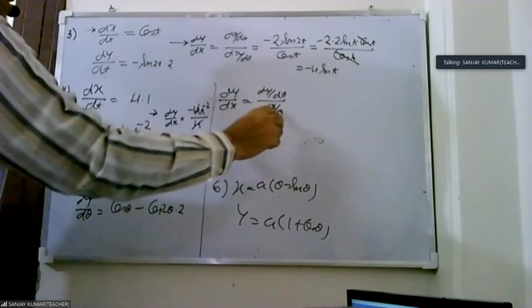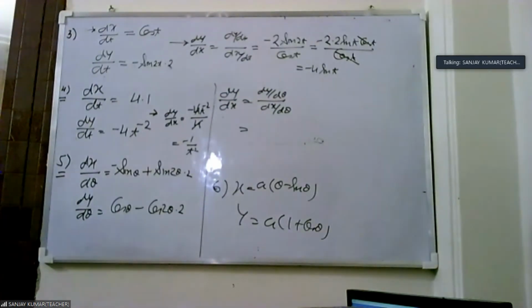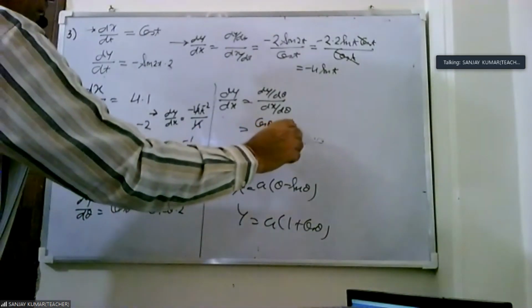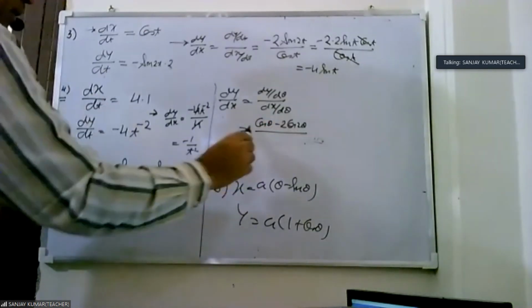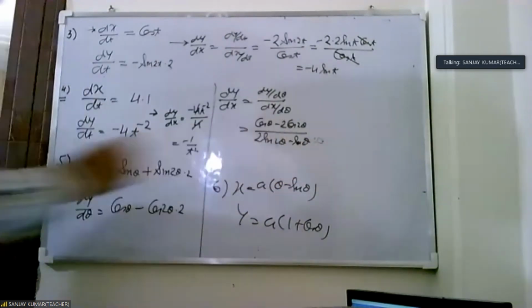See, this is a very simple parametric form. In parametric form, they give one x and a second one y. We simply find dx by dt or dy by dt, or dx by d theta or dy by d theta. Then after that we divide both. So this is dy by dx, that is 2 cos theta minus 2 cos 2 theta upon 2 sin 2 theta minus sin theta. So this is the final answer.